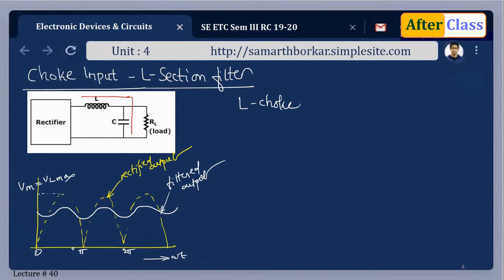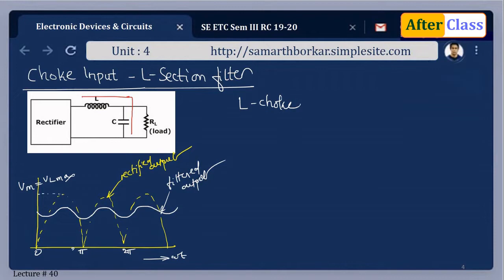Now, as far as the ripple content of a rectified signal is concerned, it is of the order of 48% in the full wave rectifier, and a majority of the applications cannot tolerate this. So we need to further process this particular output. Fine. And then we'll discuss how the capacitor filter and inductor filter are used, or the circuits are implemented, to